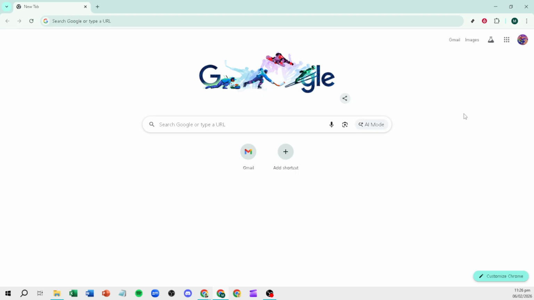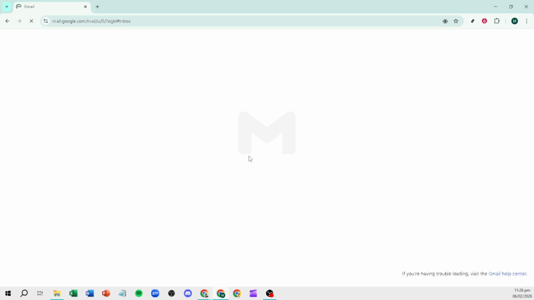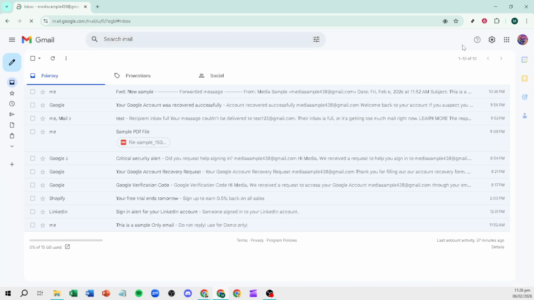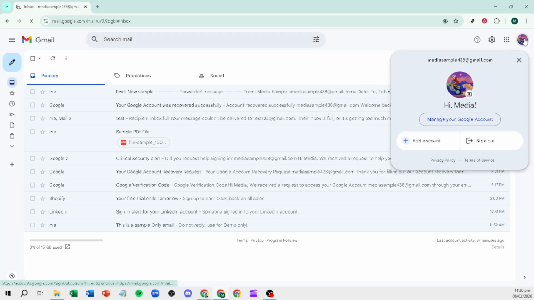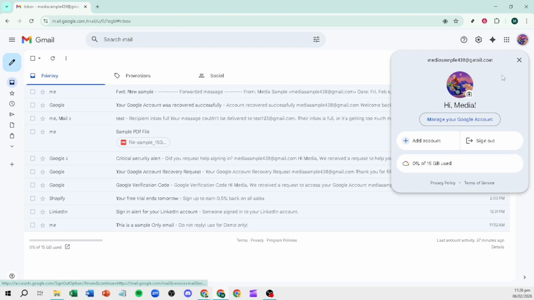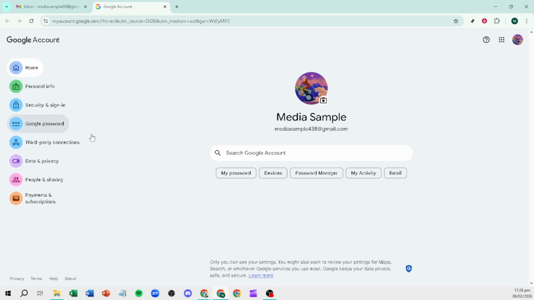Start by opening Gmail in your web browser and signing in if you aren't already. Once your inbox loads, look to the top right corner and click your profile picture or initial. This opens a small menu with your current account details. From here, select Manage your Google account. That takes you to the main Google account dashboard, where you control security and privacy settings for your entire account,